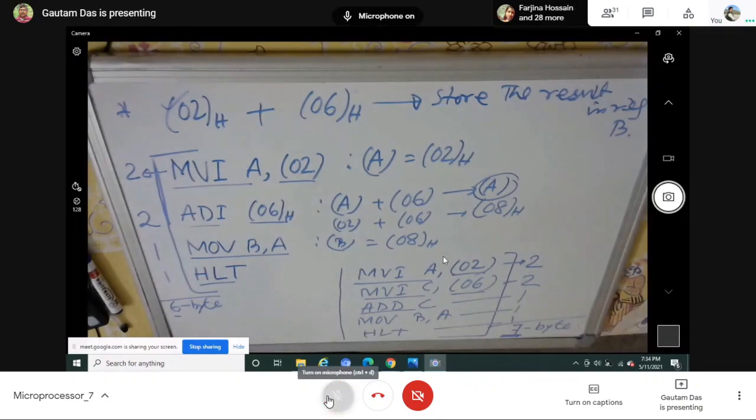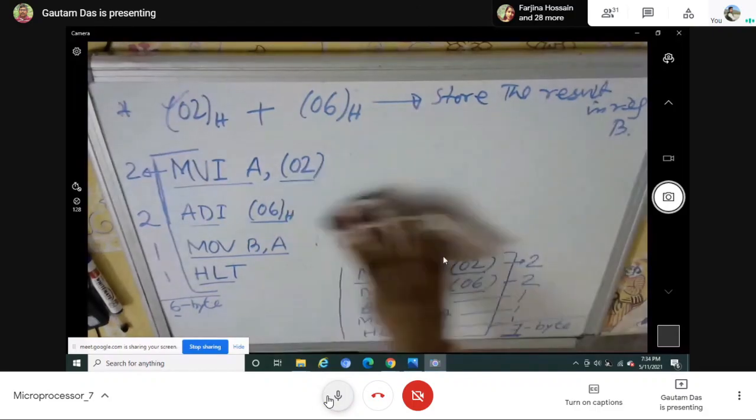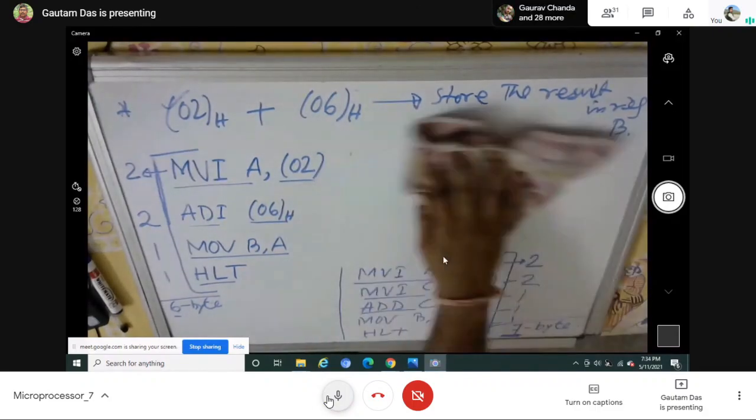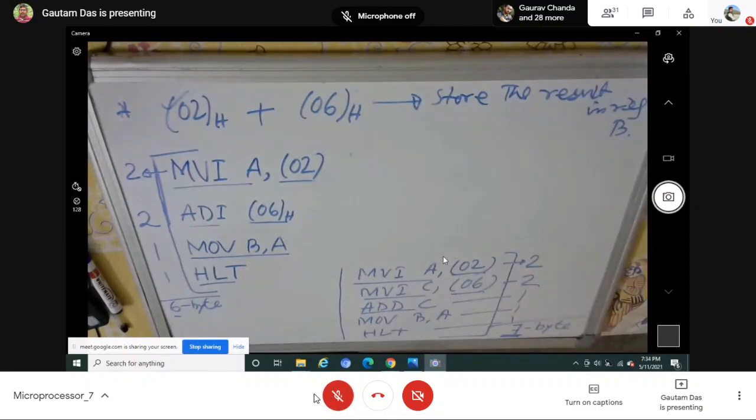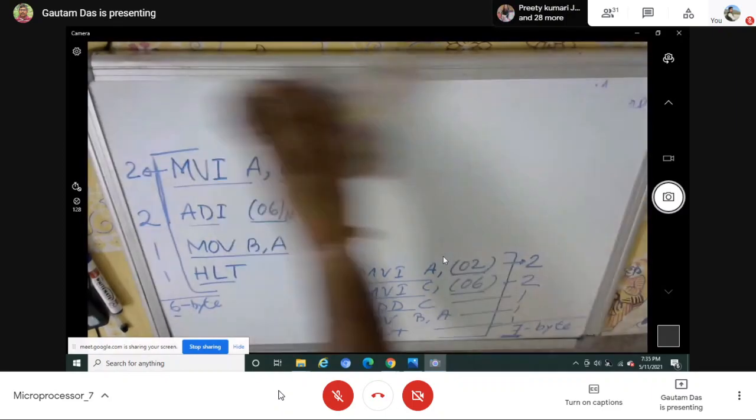Okay. Sir, if an exam gives this kind of question, will the one below, which uses more bytes, be wrong? No, it will not be wrong, definitely not wrong, surely you will get marks, but let's always try to write with the minimum number of bytes, because it is expected that the programmer will write a program considering all the constraints. However, definitely it is correct.